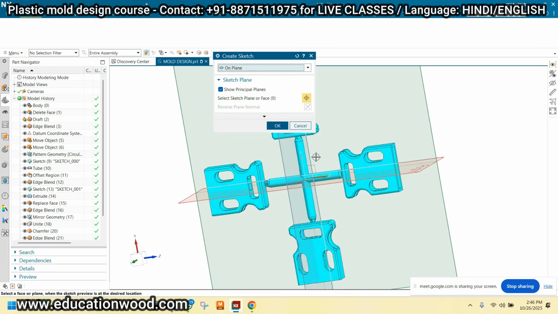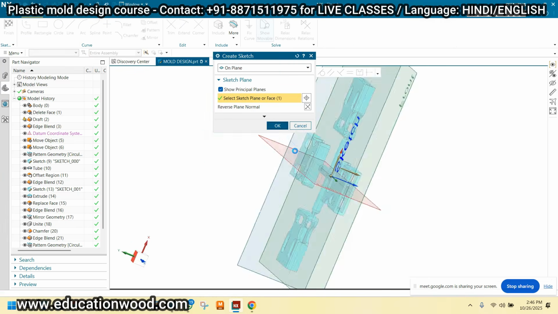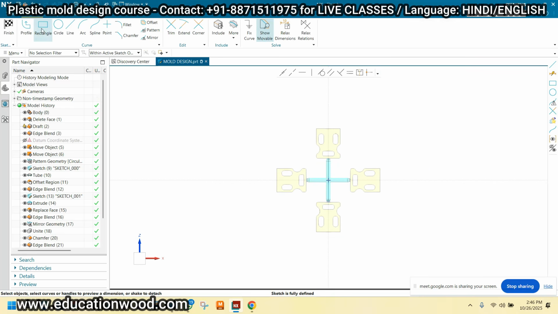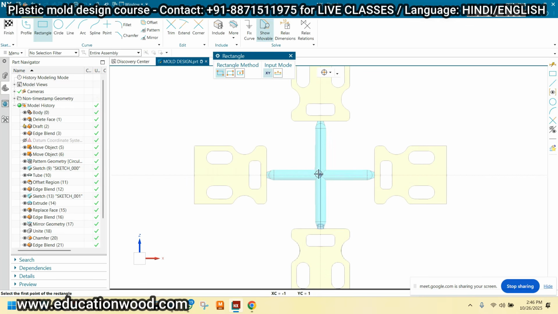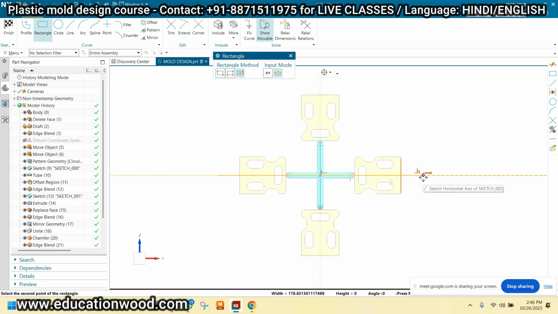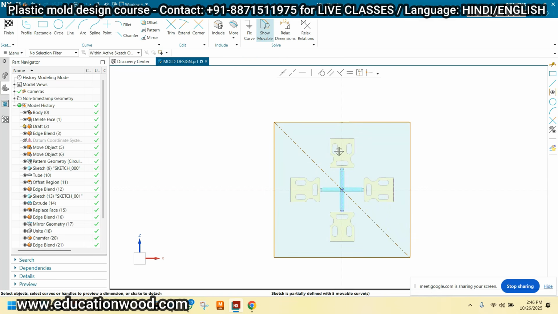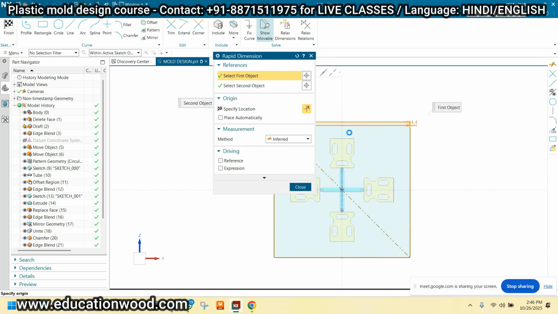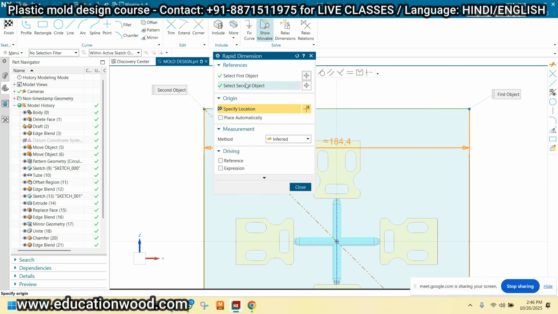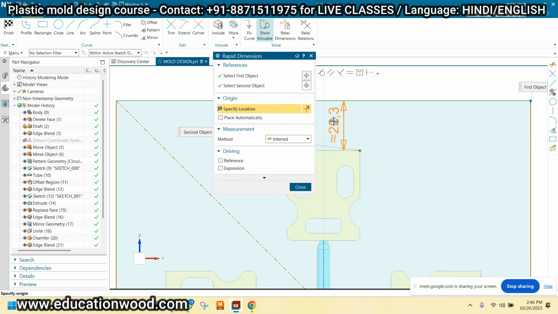Now see the core and cavity. I am taking the sketch here like this. Okay. Now from this point to this point, what is the distance? Let me check. 22 mm.